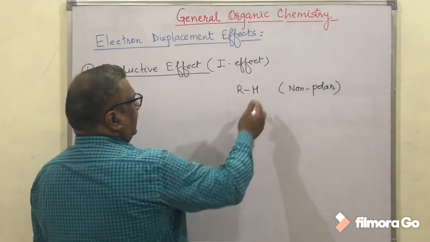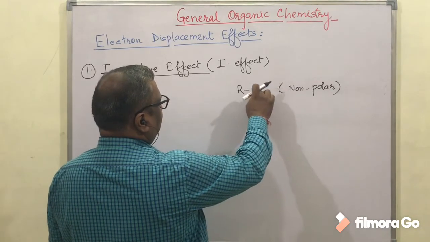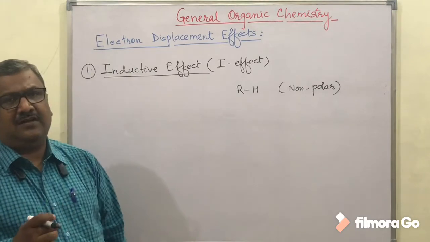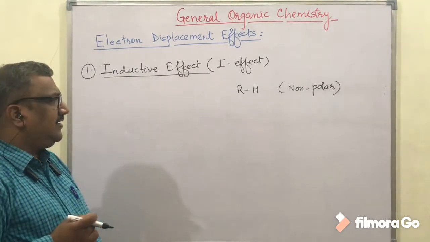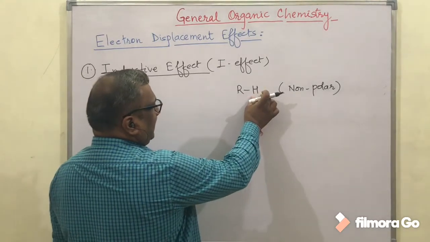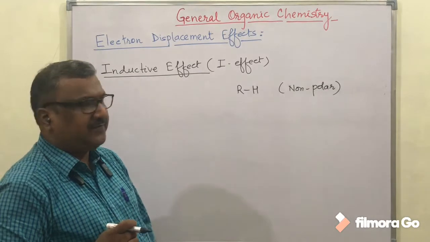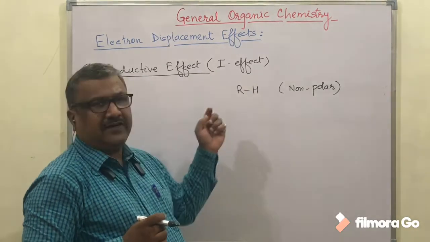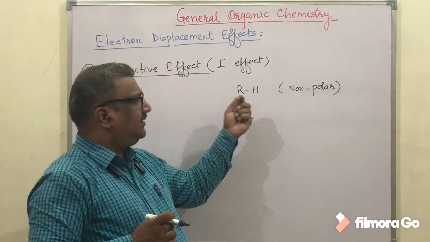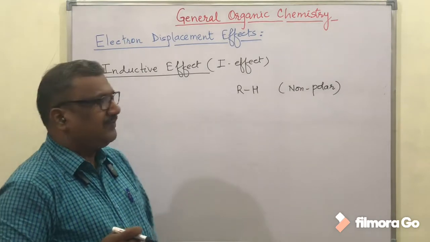In order to make some other organic family, in general, we replace the hydrogen of the alkane with some other group, which creates the functional group in the compound. The atom or group which is introduced in place of hydrogen is, in most of the cases, more electronegative in comparison to carbon.